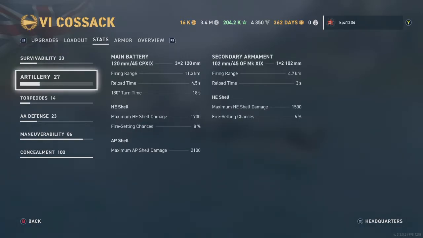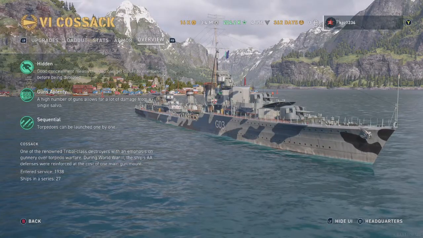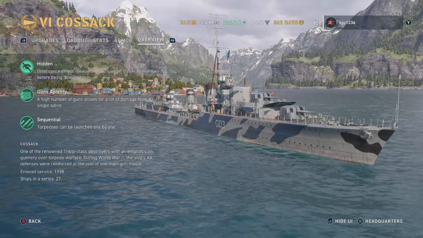And here's where all the controversy is centered. The Cossack has 3 twin gun 120 millimeter turrets, with a firing range of 11.3 kilometers. They reload in 4.5 seconds with this build. 180-degree turn time is 18 seconds. The HE shells do 1,700 damage with an 8% fire chance. The AP shells do 2,100 damage. If my calculations are correct, that gives the main battery guns of the Cossack a DPM of 136,000 damage per